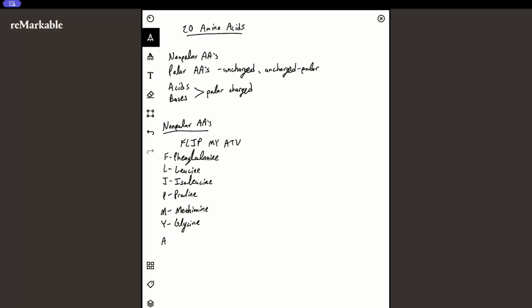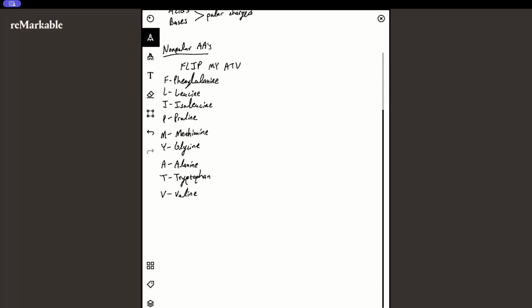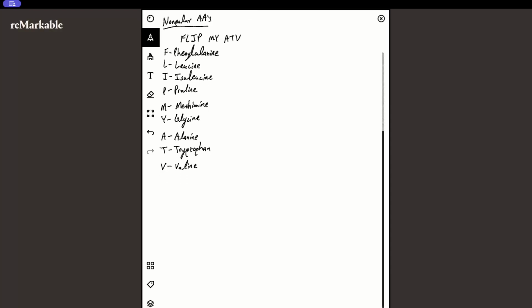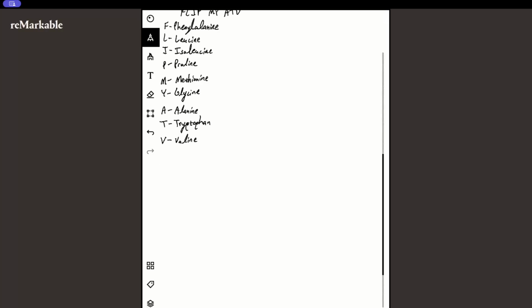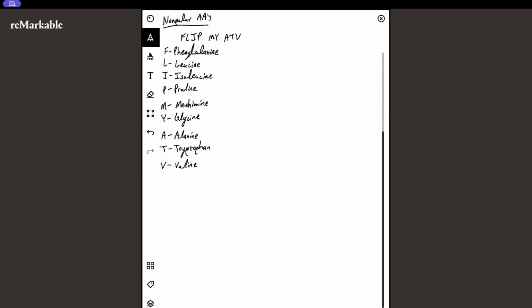And then next word, ATV. So A, go with alanine. T, tryptophan. Last one, V, is valine or valine. And these are our non-polar amino acids. So I'm going to scroll so it's at the top. There we go. All right, so I'm going to leave that on the top there, and then I'm going to start drawing these, and then explaining